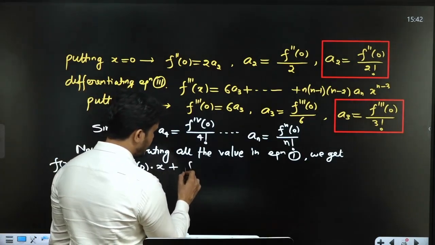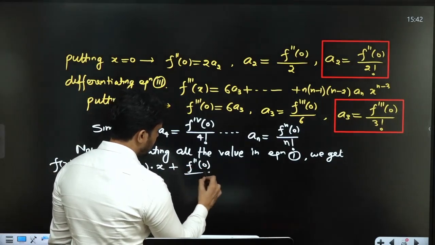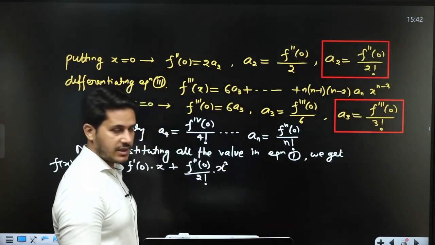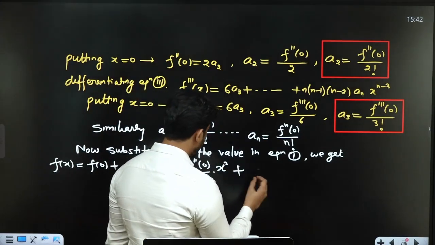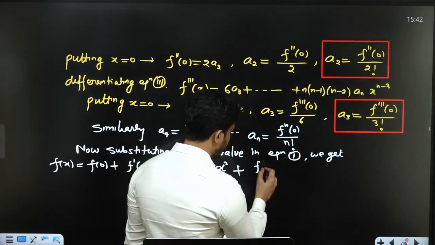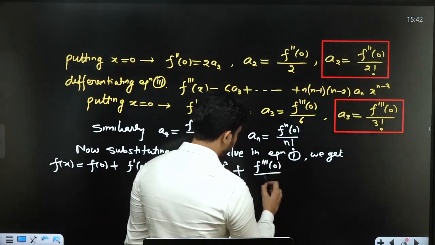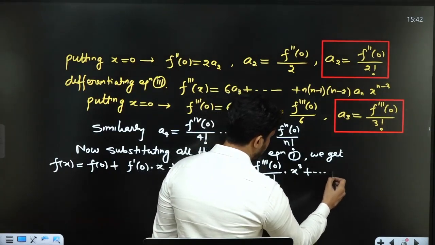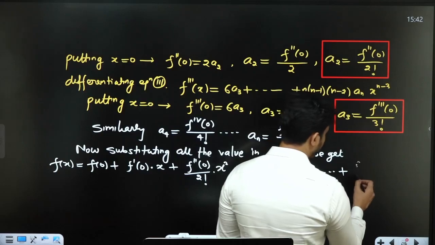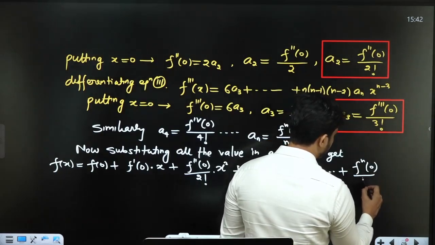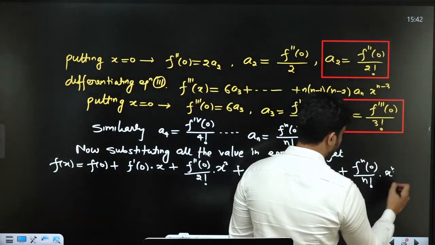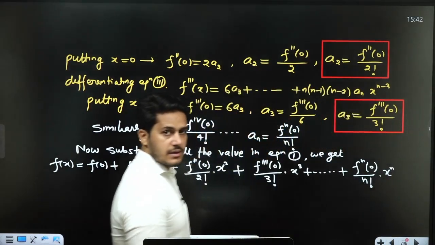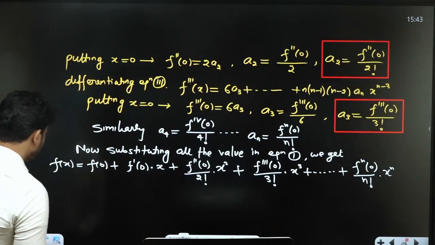Again a2 means f double dash 0 upon 2 factorial इंटू एक्स स्क्वायर, a2x² था ना, a3 it will be f triple dash 0 upon 3 factorial into x cube, and at last fn 0 upon n factorial into x to the power n, like this. थोड़ा ठीक करके लिखेंगे तो ऐसे आ जाएगा, और